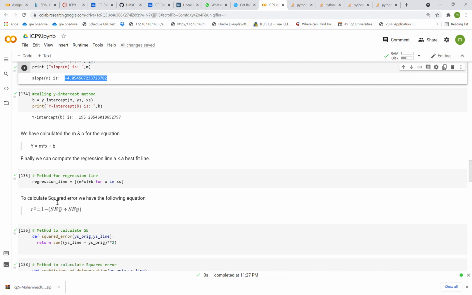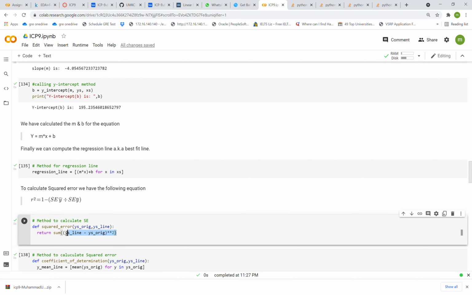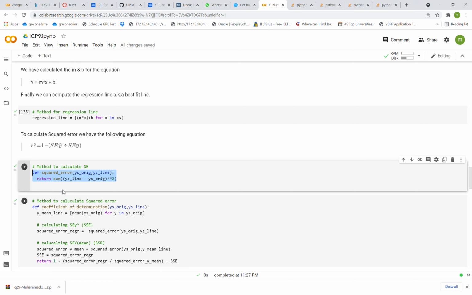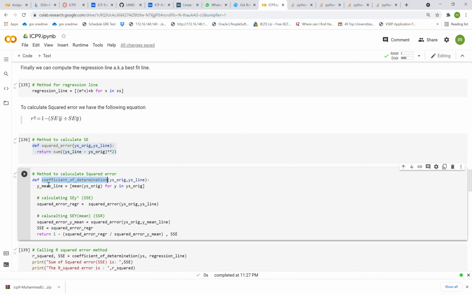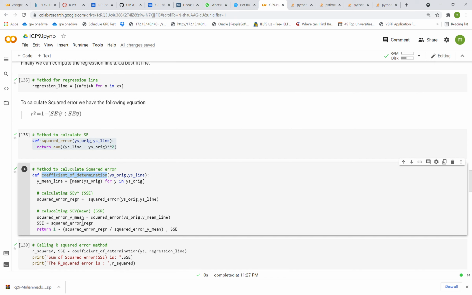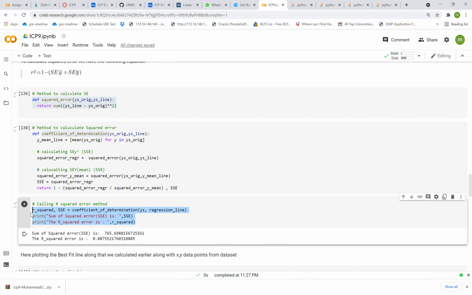r squared error. To find the r squared error, I have used this equation. This is where the r squared error is found, and this is just to calculate the SSE, the sum of squared error. And this is to calculate the coefficient of determination, which is used in the squared error. So I defined that according to the above equation. You can see each step is doing the same. Now I'm calling that r squared, the coefficient of determination, here, and this will print the r squared error